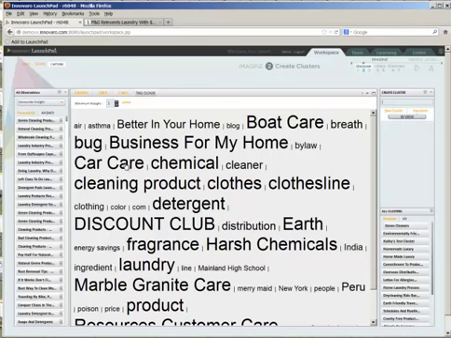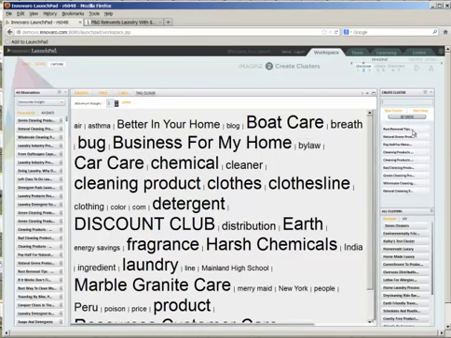You can also, after you take a look at these, like car care, say, yeah, I like that cluster. I want to save it. And bring it over, and it automatically takes all the data that's in that cluster and brings it over and puts it in that. So you have a cluster you can create there. That one you naturally would think you'd probably call boat care. If you take a look at some of the ones that were done by the team that were accepted, you got green cleaners. You can see green cleaning, natural cleaning products. You can see a variety of information in here about those where they kept clusters.